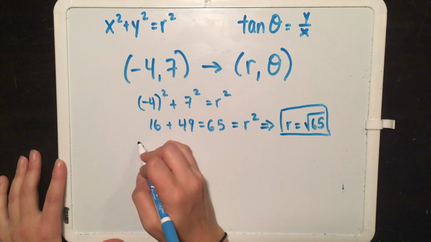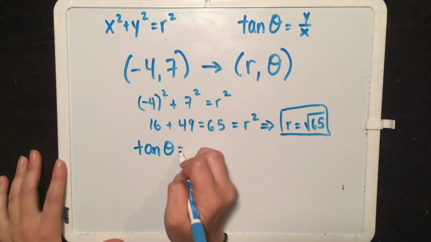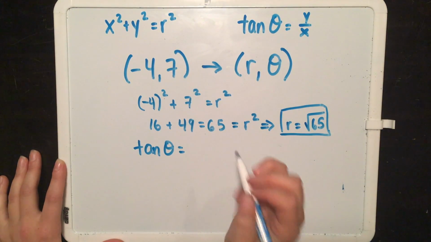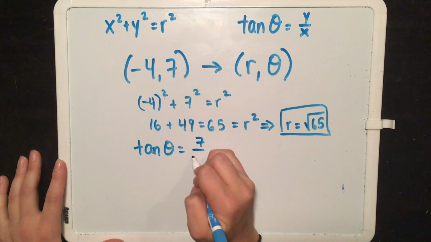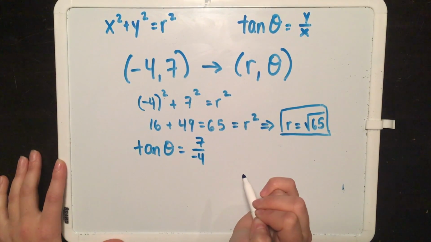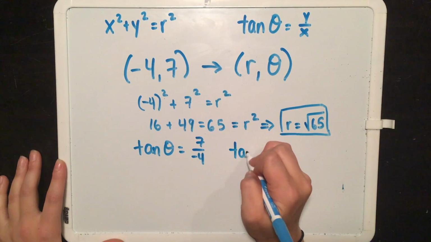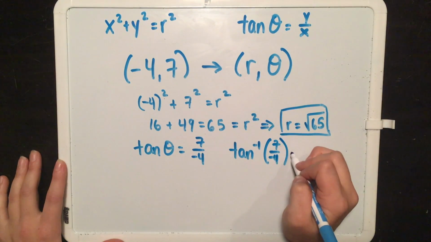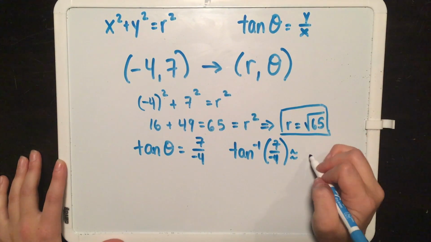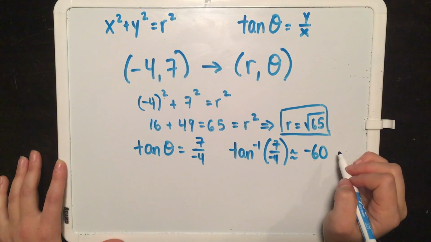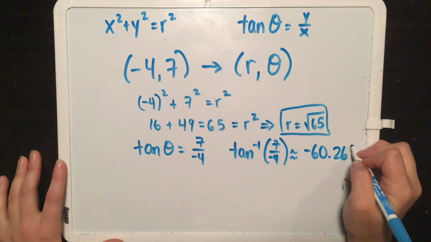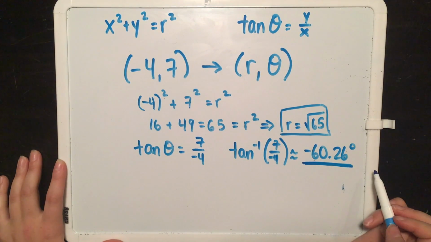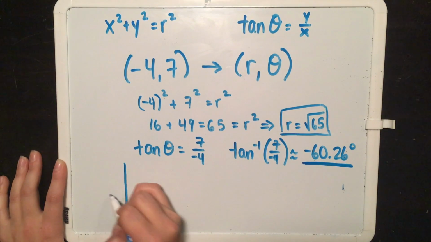Now let's find tangent of theta. And that equals y over x, which is going to be 7 over -4. If you plug in inverse tangent of 7 over -4 into your calculator, you should get approximately -60.26 degrees. Now let's not be so quick to accept this as our answer, because if you look at the coordinate plane,